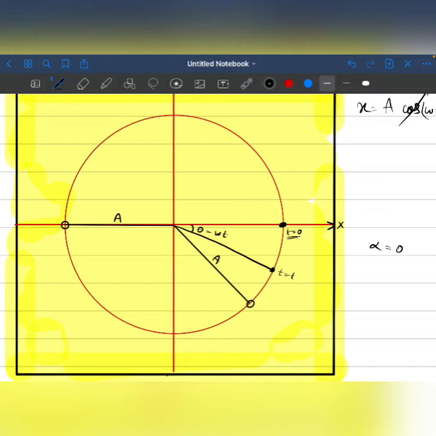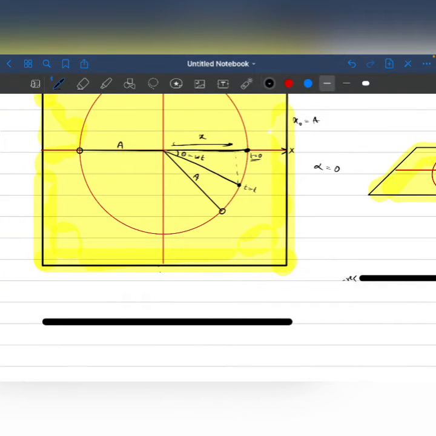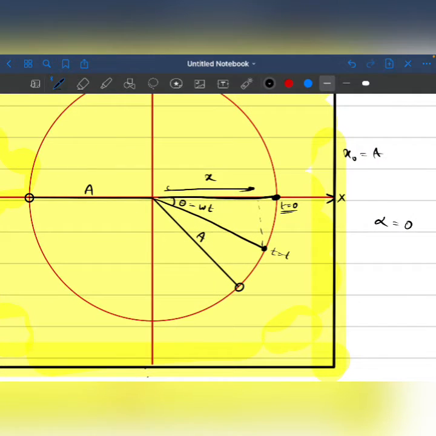Now let's see this x, the x that will be here. Say that this x is lesser than the amplitude. Originally x naught was equal to a, but then the displacement is less than, like, see, first it was here according to this point, but then it comes here. So this is lesser than this. So that is also very important to think about. Okay, so the theta is increasing, but the value of the function is decreasing.